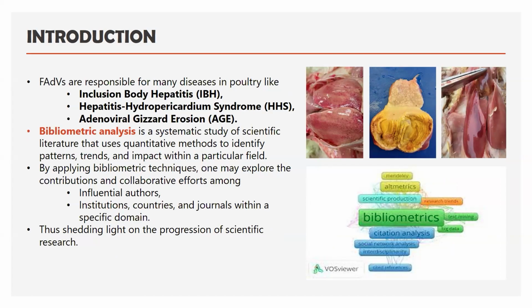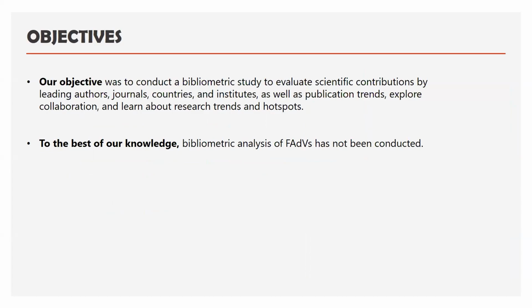What is bibliometric analysis? It is a systematic study of scientific literature. It uses quantitative methods to know the contribution of the influential authors, institutes, and journals. As many studies have been conducted on their structure, pathogenicity, epidemiology, and characterization,